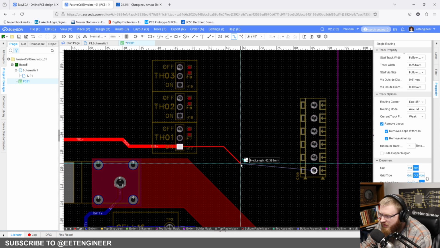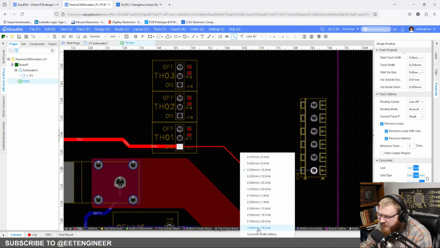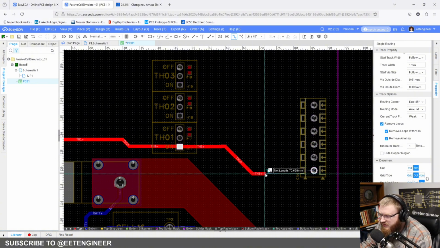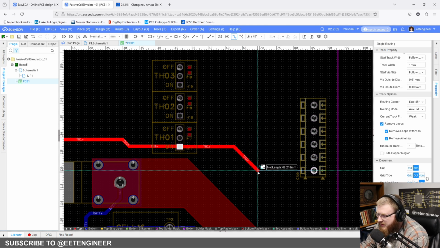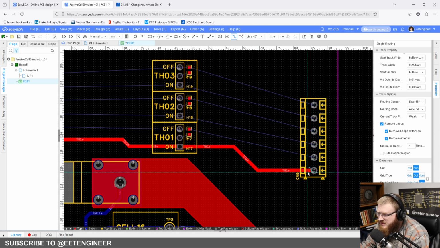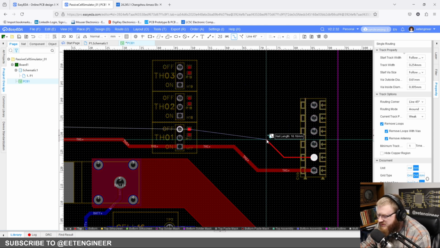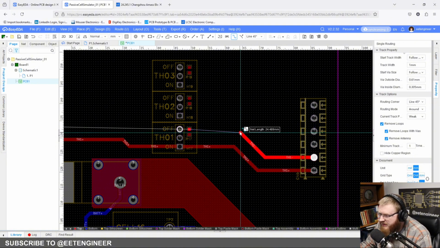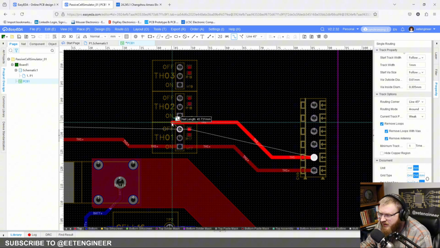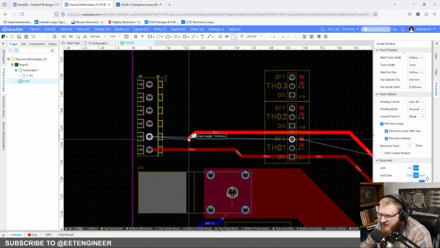So what in the world? I don't understand. This is a tidbit annoying because it just does not want to. See that? It just does not want to stay at 1 millimeter. And I'm not sure if it's because I'm doing something wrong or not, but it just does not want to stay